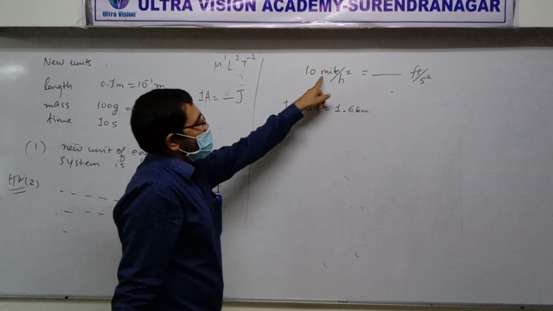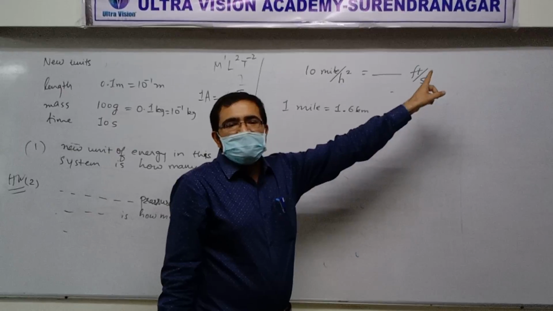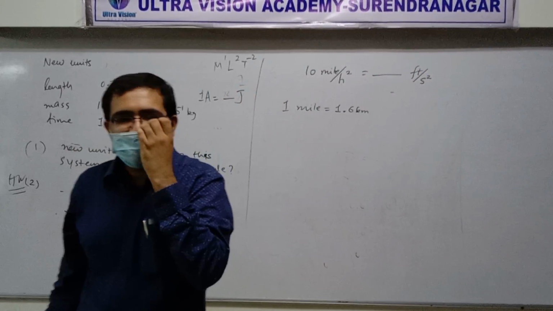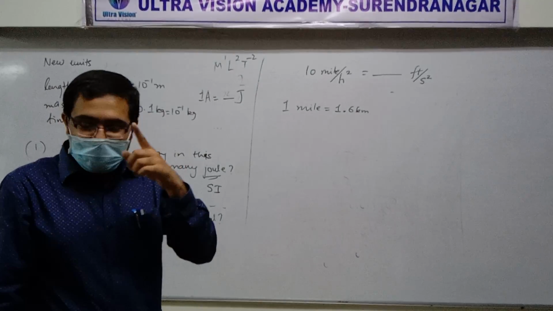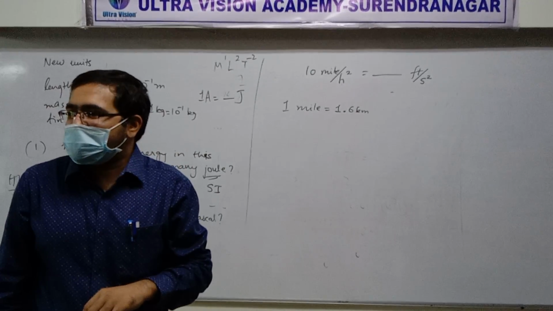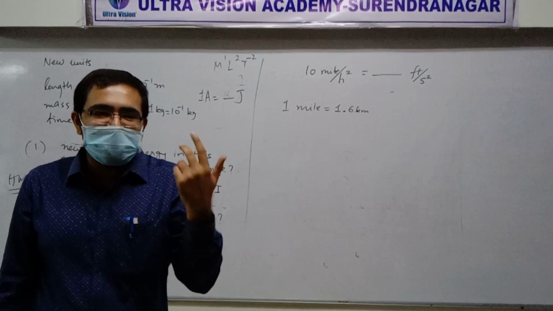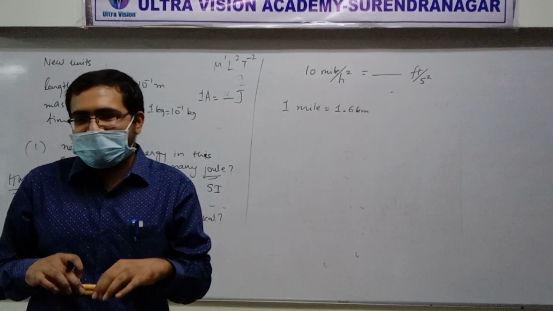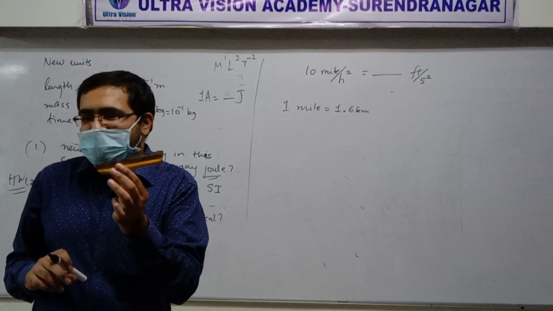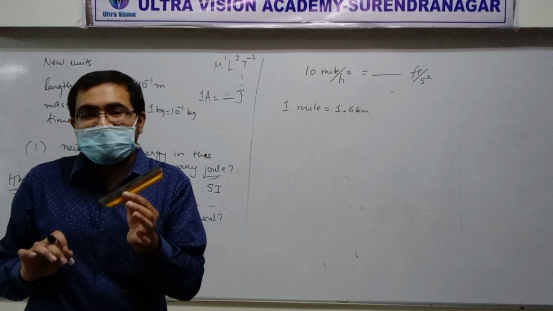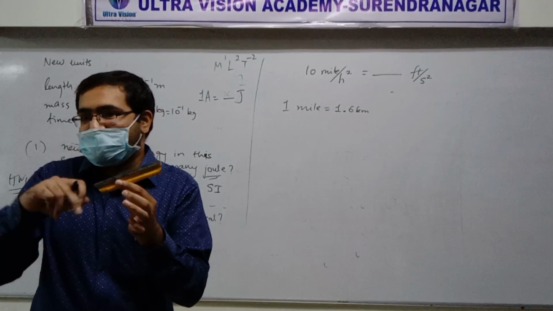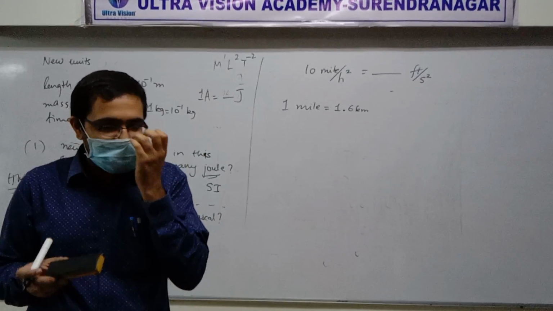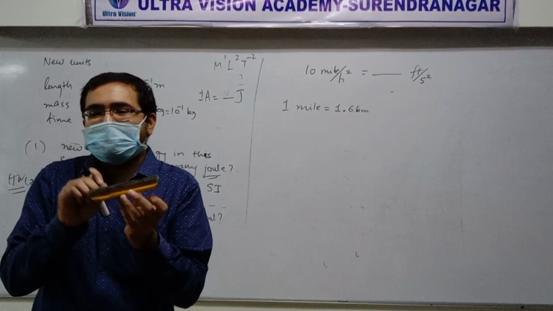See, we have to get to foot from mile. You know, that reminds me of something very strange about physics. In physics, we never use the plural form of units. For example, if you want to say that the length of this duster is 10 centimeter, then you never say the length of the duster is 10 centimeters. That's wrong. Very strange, but that's how it works.